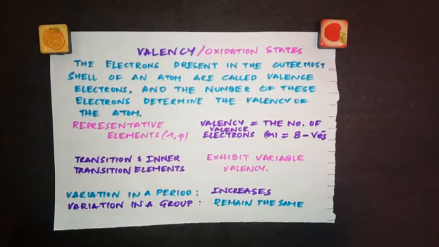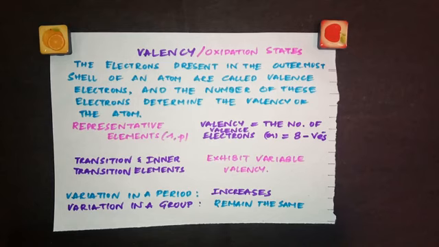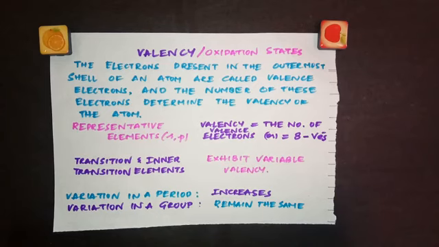It is because of this reason that the outermost shell is also called the valence shell of the atom, and the orbitals present in the valence shell are called the valence orbitals. So the number of electrons present in the valence shell, which means the outermost shell, determine the valency of the atom, which in turn determines the chemical properties.